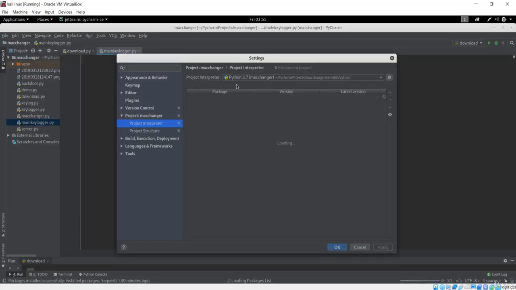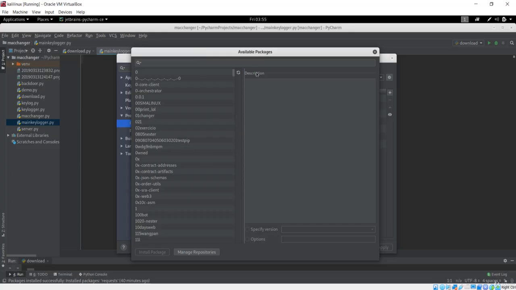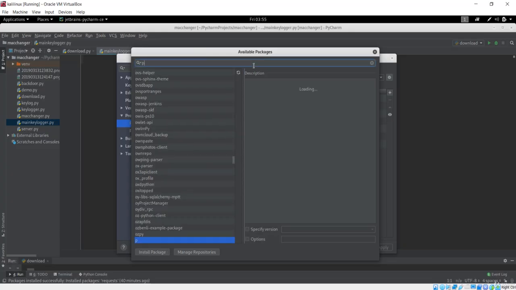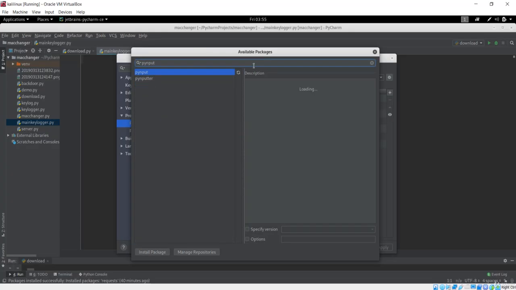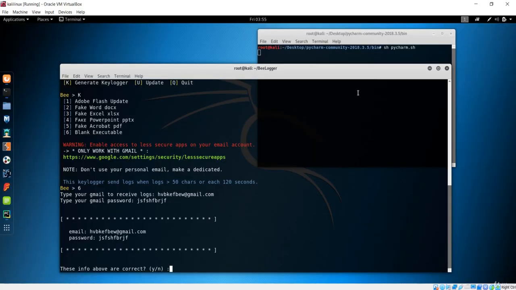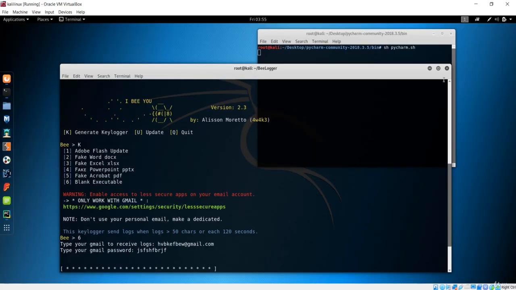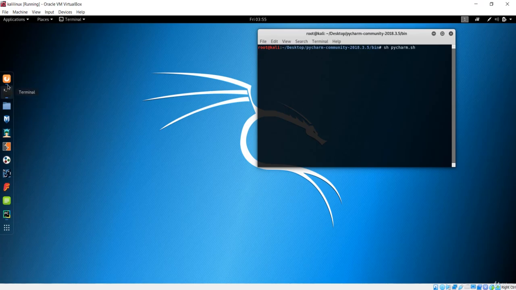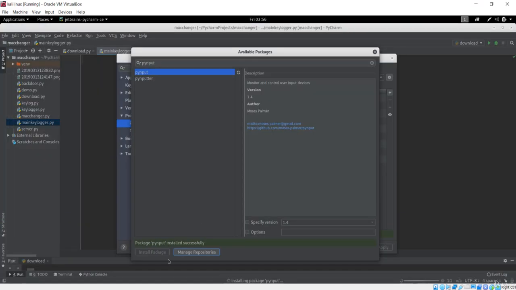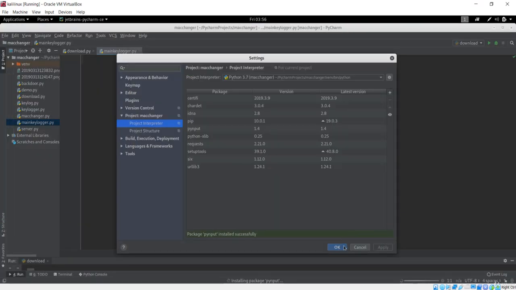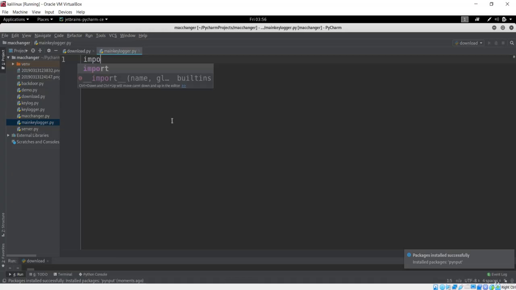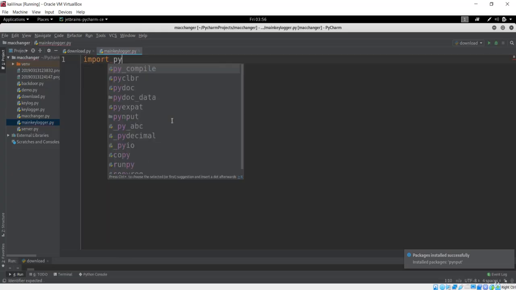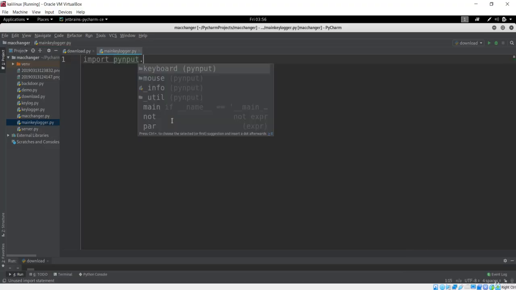So let me go to the settings, and as before we have to install some package, and in order to work with this keylogger we'll just download this pynput package. Let me install this, and it will just install all of the packages. So for that I'll just execute this, or basically we'll just remove this keylogger because we are not going to use that. Let me go back to the PyCharm, and it has already downloaded a package for us. So let's import that package we have downloaded, and I want this pynput and the keyboard, which is the interface that is going to be used.